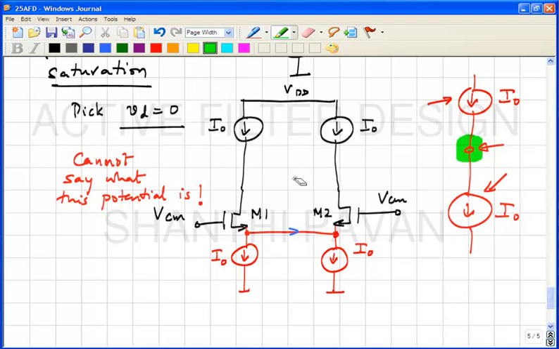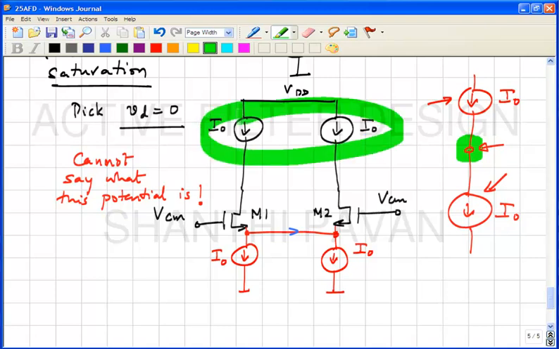Correct? Why is this problem happening? Why have we chosen those? What are these two currents doing here? Why do we need those two currents? We need those two currents because the branch currents, or the drain currents, of M1 and M2 are I naught plus something and I naught minus something. We want to get rid of I naught, so we put those two current sources there in good faith, right?